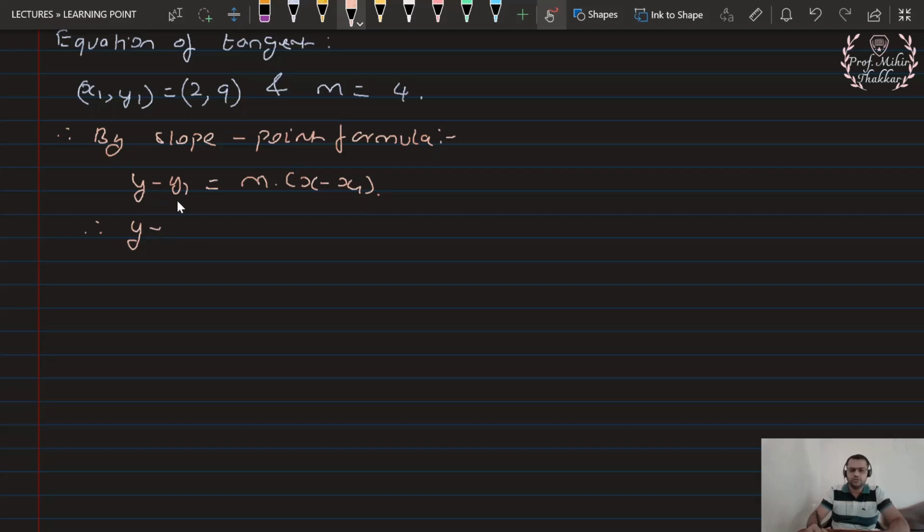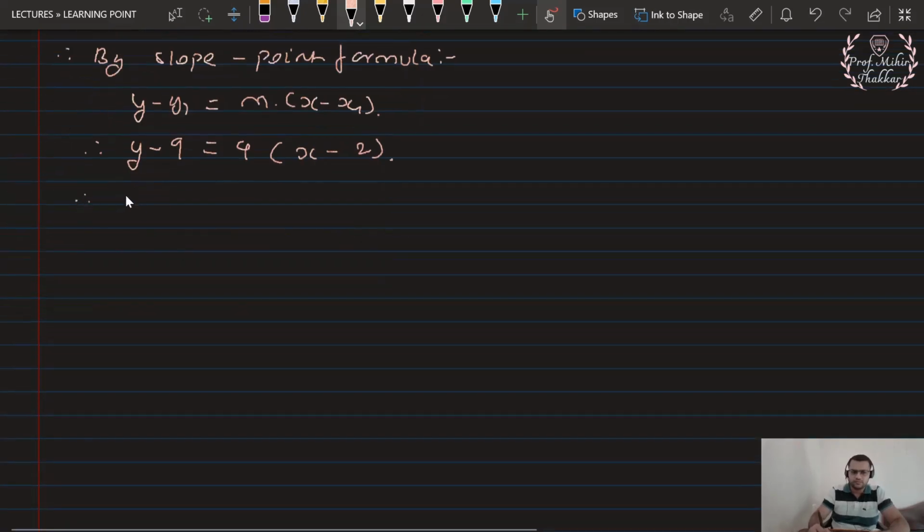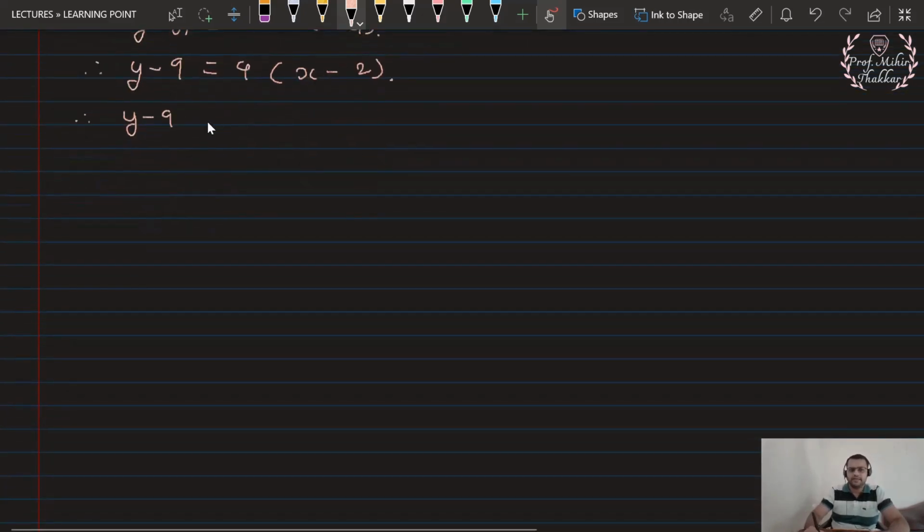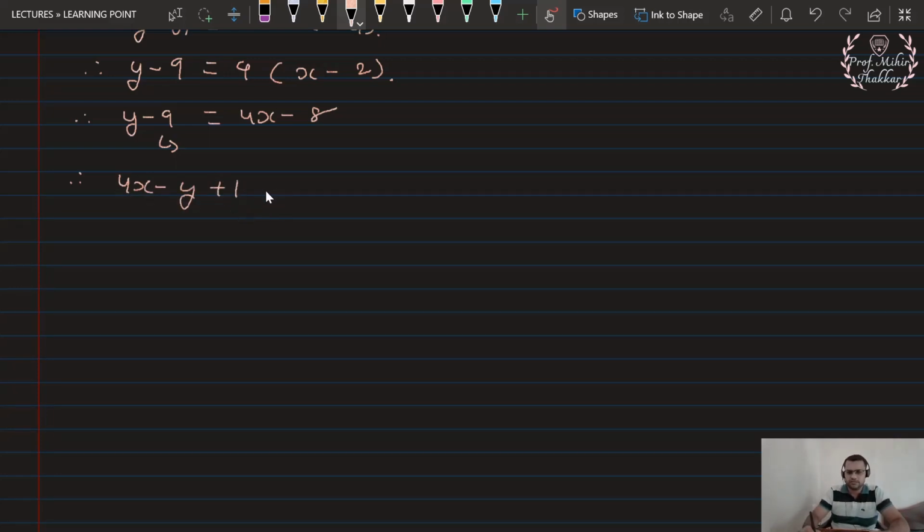Carefully we substitute the y1 value as 9, m as 4 and x minus 2. y minus 9 is equal to 4x minus 8. Take these both elements on the opposite side, so y becomes negative and 9 becomes positive. Therefore 4x minus y plus 1 is equal to 0, plus 9 and minus 8. So students, that is our required